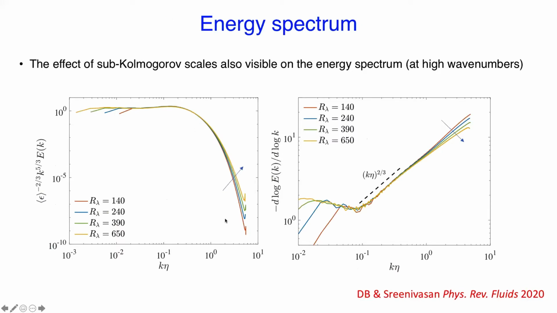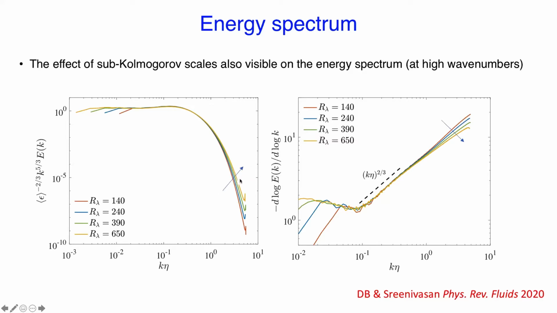Just before I go deeper into that, I would also like to show that the energy spectrum also reaffirms the existence of sub-Kolmogorov scales, and the fact that they cannot be described by Kolmogorov's 1941 theory. So if we look at the compensated energy spectrum, which I think most people would be familiar with because it's the most famous thing about turbulence, we see that at very large wave numbers there is no collapse when rescaled with Kolmogorov variables,